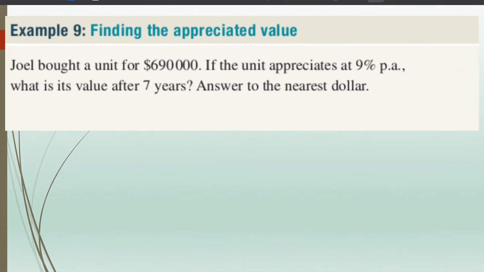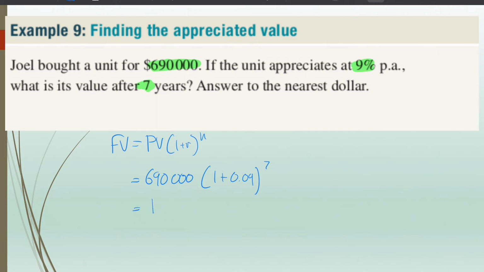So let's just practice it. We should be really good at doing this by now. The first thing we're going to do is write down the compound interest formula, just in case we've forgotten it. And then we're going to apply the numbers from this question. Even though it's an appreciation question, everything fits into this formula, the same way we've been using it for compound interest. Put in 9% as a decimal, and it's appreciating for 7 years. So if we put that into our calculator, it goes to